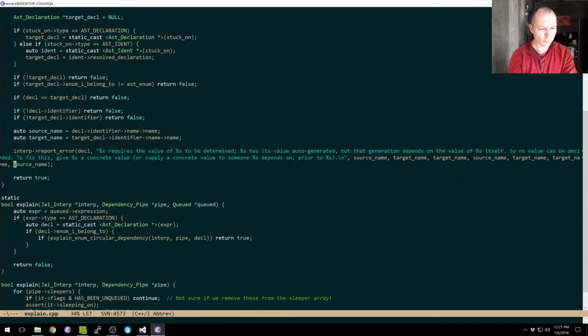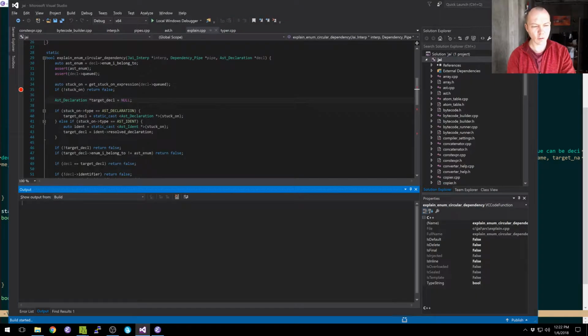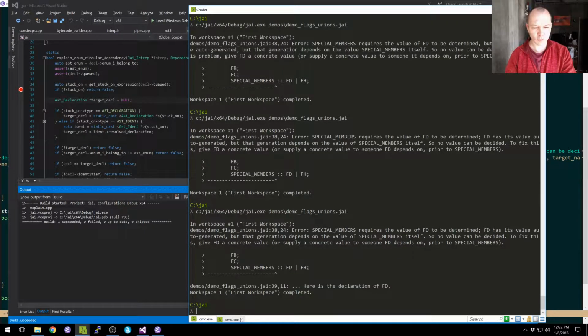And then I will say interp report no label target decal. Here is the declaration of %s target name. Right? So, you know. Wait, why didn't it? Oh, here, okay. I don't draw the actual line for everything, but yeah. If you wanted to click on this in your debugger, it would put you on that line. It happens to be the very next line. So